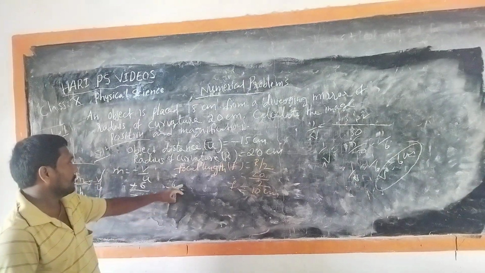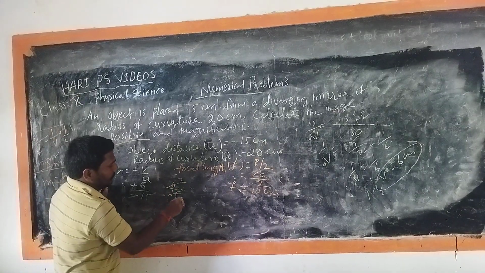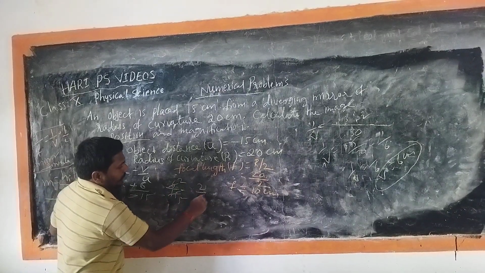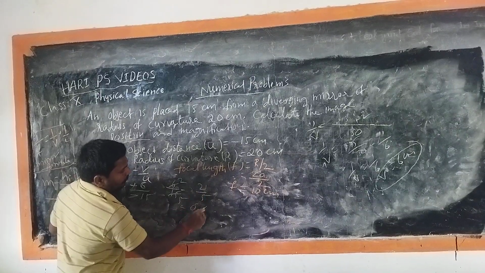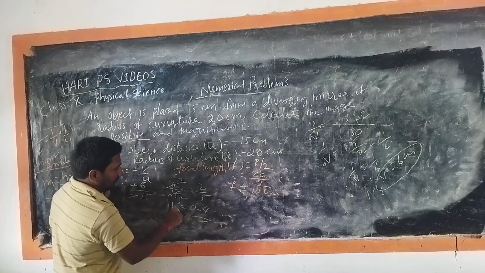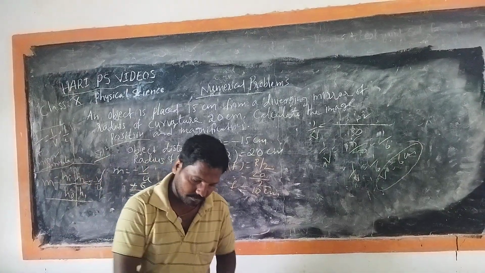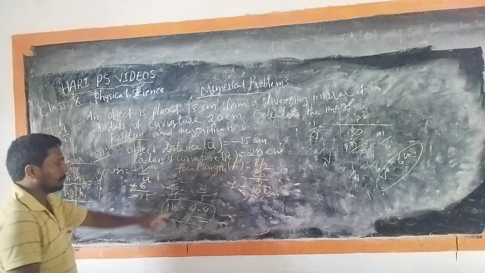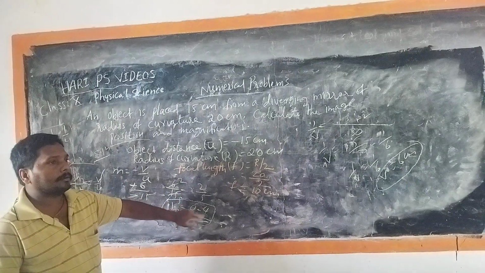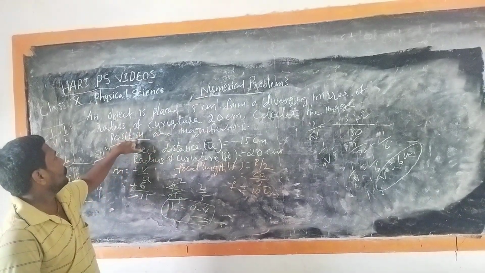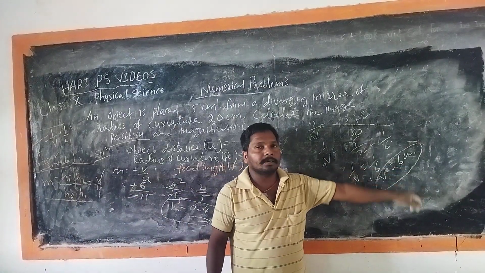If we simplify, we get magnification 2 by 5, that is equal to 0.4. So m is equal to 0.4. Also it is a convex mirror, so m is equal to plus 0.4. The position of the image is 6 centimeters